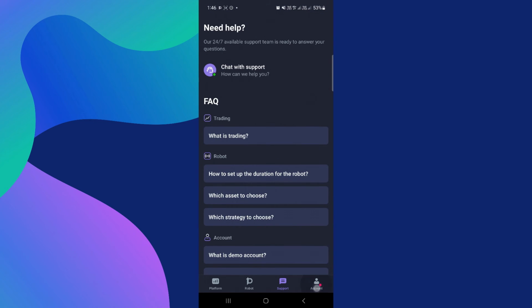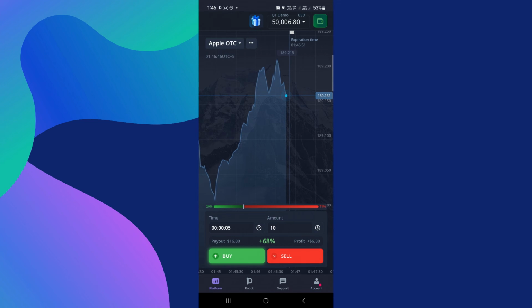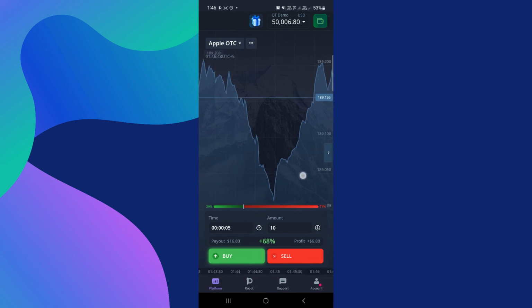In your account section, you can view your full profile, including total earnings, deposits, trading history, settings, and an option to log out. The app also maintains detailed records of your performance to help you analyze and improve your trading